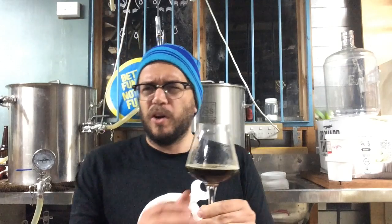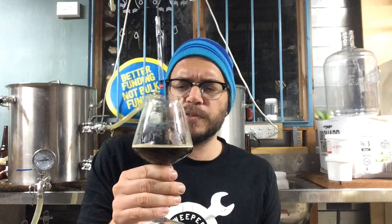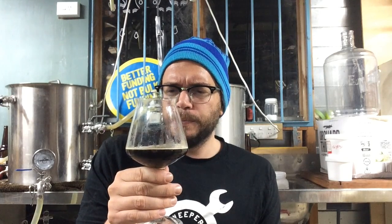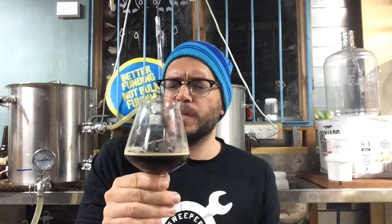That lacing is sticking around. Just some really nice dark dried fruit taste. Getting a little bit of coffee in terms of maybe just faint bitterness from that, and yeah, a little bit of aroma, I reckon. A little bit of coffee on there, and just zero astringency, and I think that's largely due to the